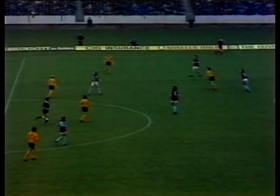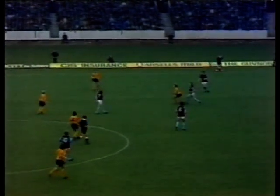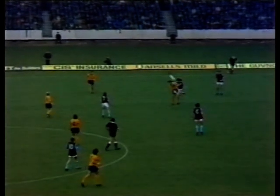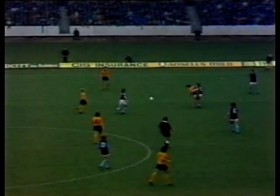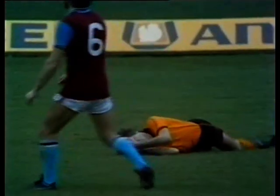So let's look again at that slightly more revealing angle as to why those 2 players were sent off. The clash as they jump here, and it's an elbow by John Richards into the face of Ormsby, the 18-year-old Villa defender. It broke his nose, in fact. You don't really know what's been going on earlier in the game, but the referee may have spoken to him about their clashing, but there's no doubt also that Ormsby hit John Richards there, and in the referee's view, who was well placed,